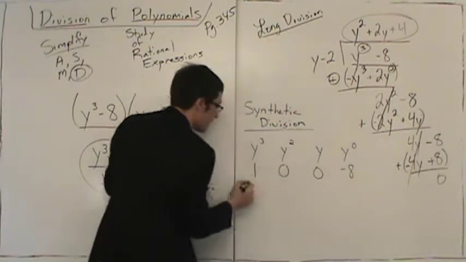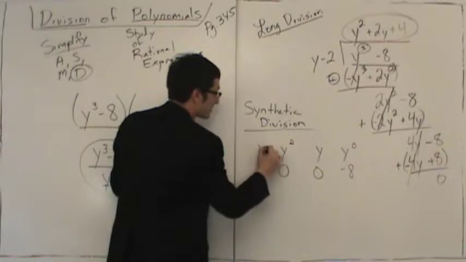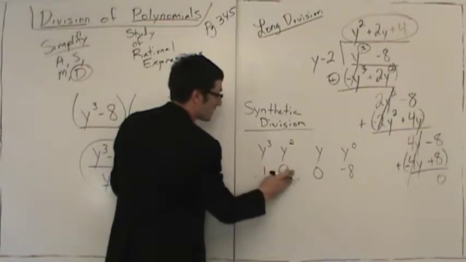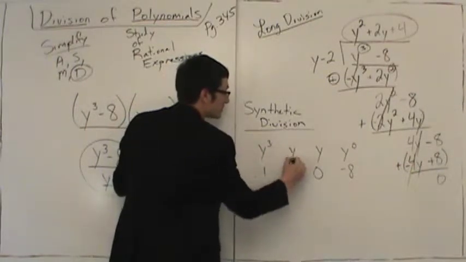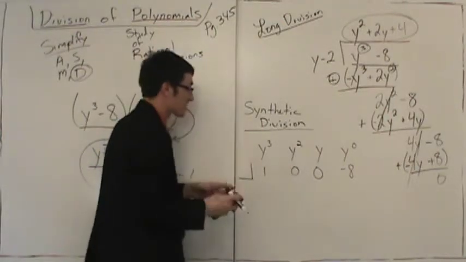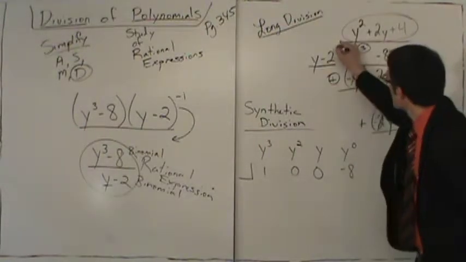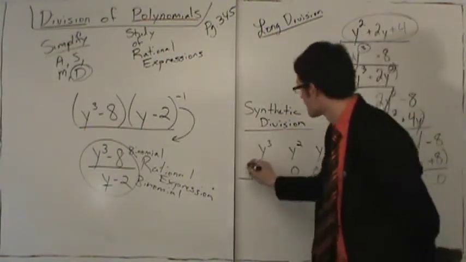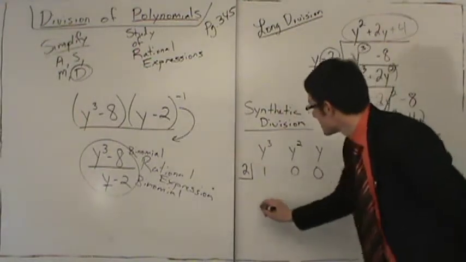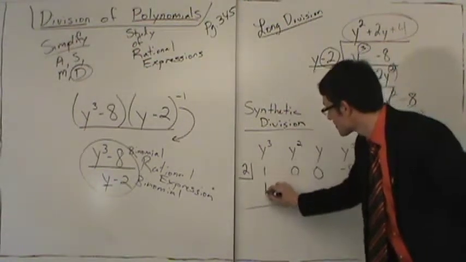Let's put this here. Now we need our little box. I'm a little off on space here. Hold on. Y to the third. Let's call that a 1. Let's call y squared 0. And then in our little box goes the opposite of the number in the divisor. Since we have y minus 2, the opposite of negative 2 is what? Positive 2. And now, we're going to start this process of fake division or synthetic division by bringing down the